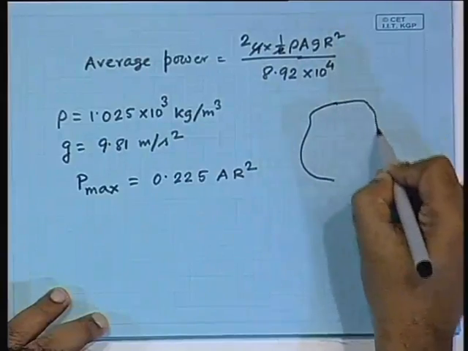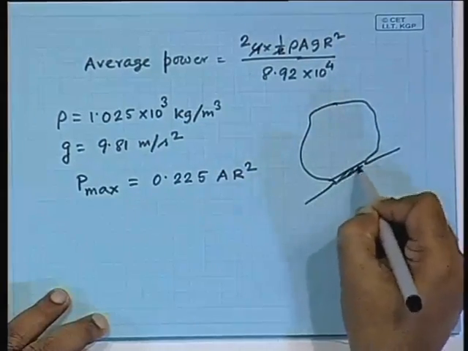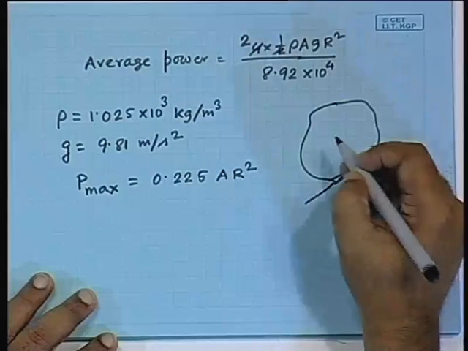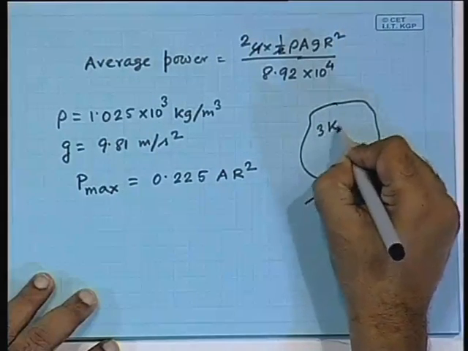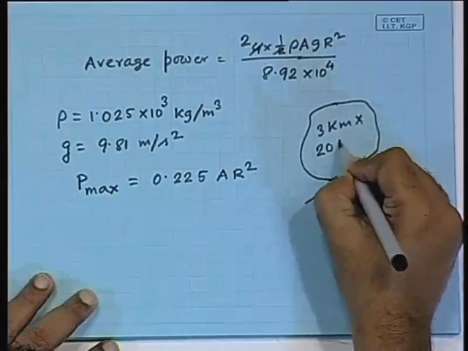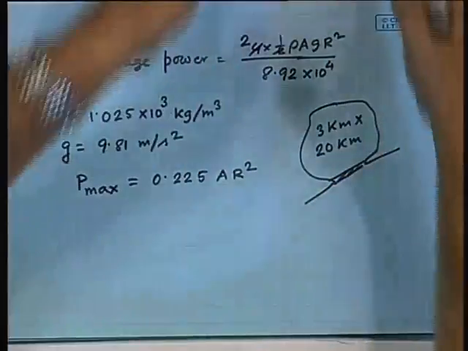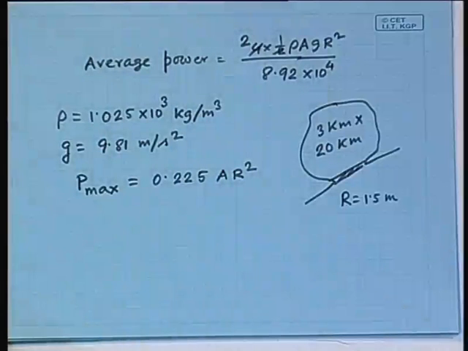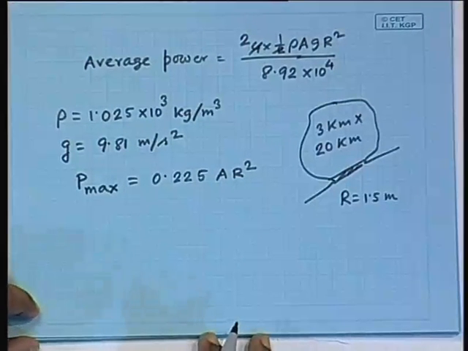Okay, let's first try to understand how much is the actual power generation. Suppose you have a basin area. The basin area is, say, 3 km times 20 km. Normally it is elongated. Why? Because normally it is the estuary of a river. That is why 3 km by 20 km I have put. Can you just substitute it here and assume R is equal to 1.5 meters only. Then